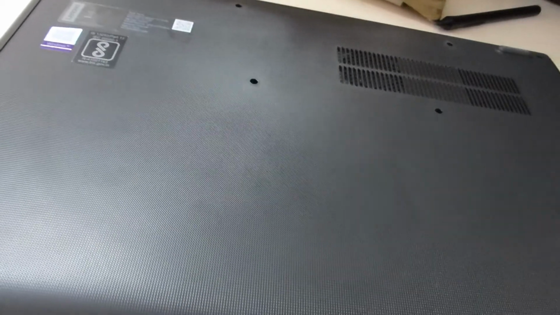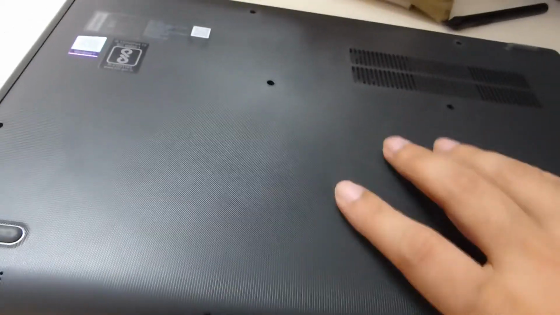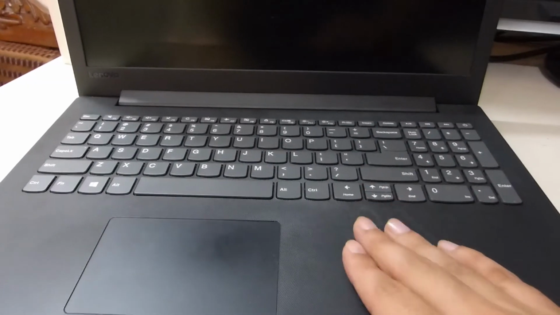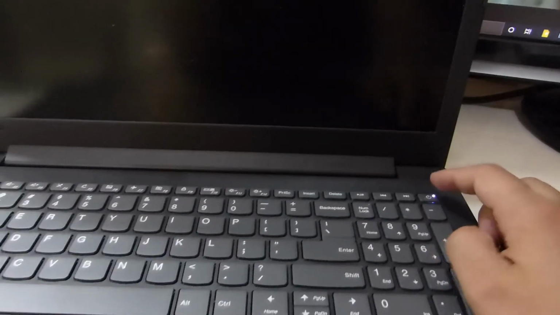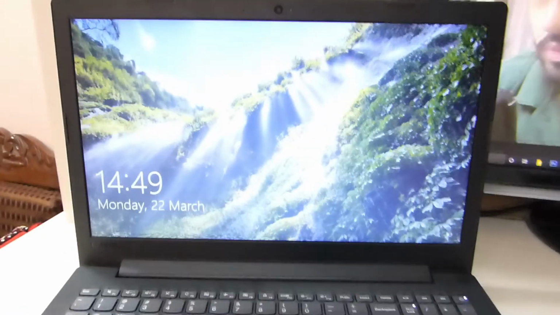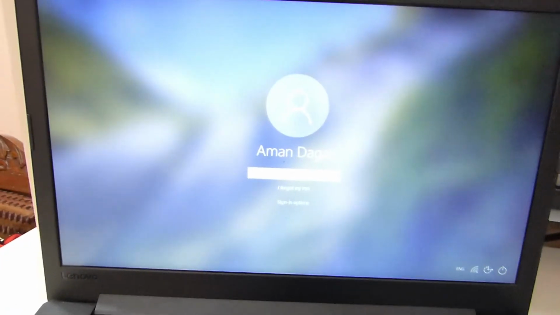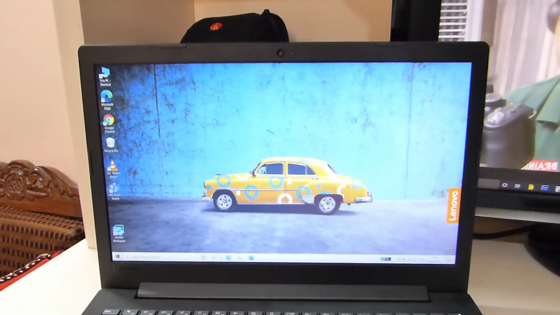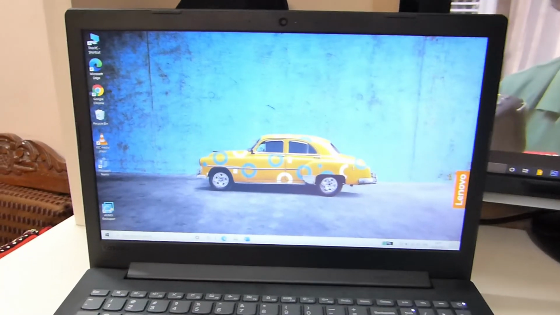After installation, I'll show you how it will appear. I'll show you my boot time and what happens to my laptop. I have put this SSD in this laptop, and I'll show you my boot time, how my system has improved. Now you can see how fast my laptop has become, and I see a drastic change in the performance of my laptop.